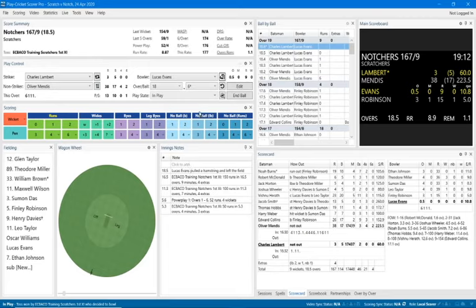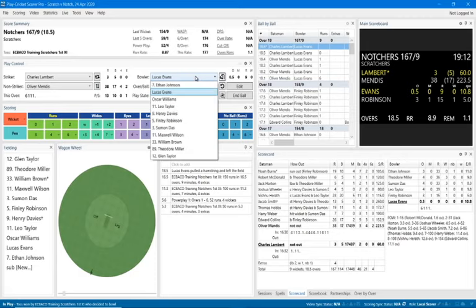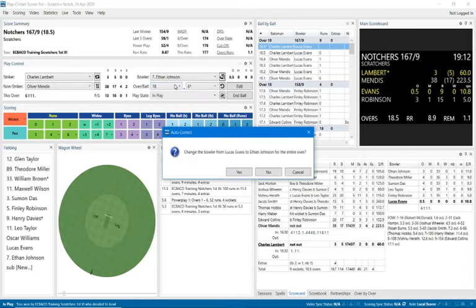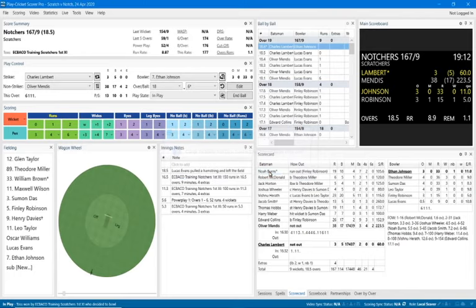So now we do need to change the bowler just for that last ball. So I'm going to go through the same process again and say change of bowler. This time it is Ethan Johnson, and he's only going to bowl the last ball. So I will select Ethan Johnson, and this time I'm going to say no to the whole over or the entire over,